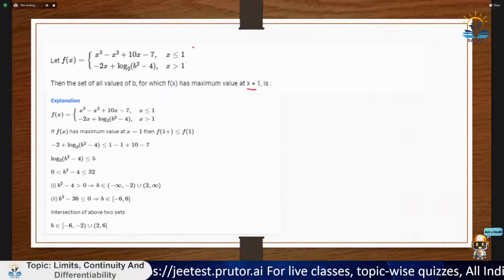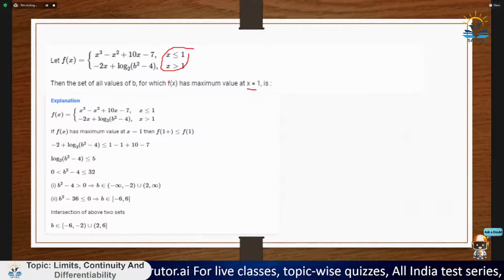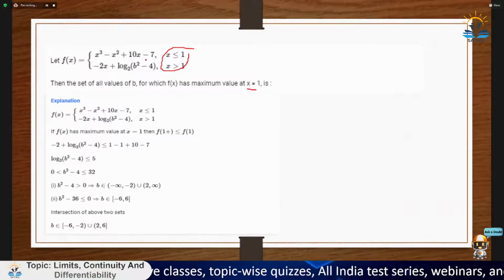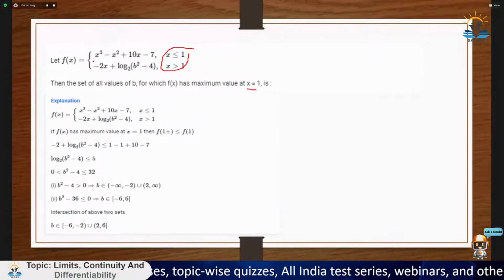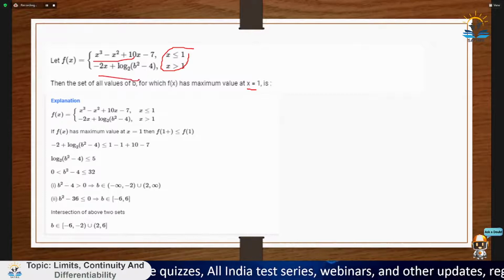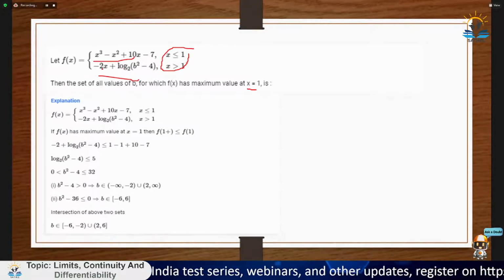So again, we can check the suspect point is x equal to 1 only, because my definition is changing at x equal to 1 only. So what I need to do is calculate f of 1 plus and f of 1 minus. So f of 1 minus would be calculated from here, because it is for x less than 1, and for x greater than 1, this thing is this. So I will calculate f of 1 minus from this definition, and I will calculate f of 1 plus from